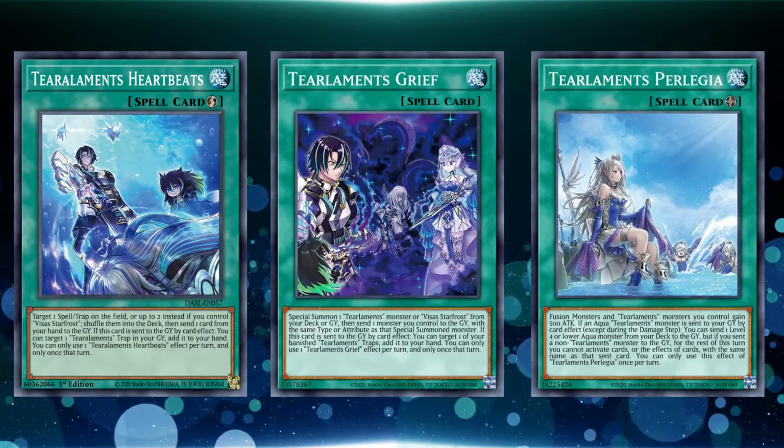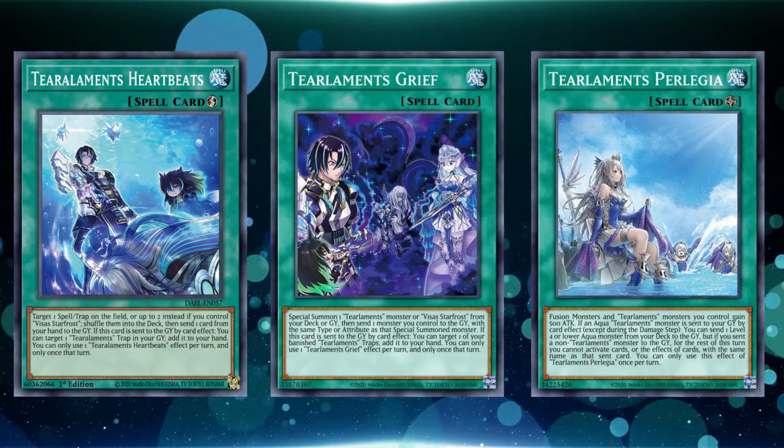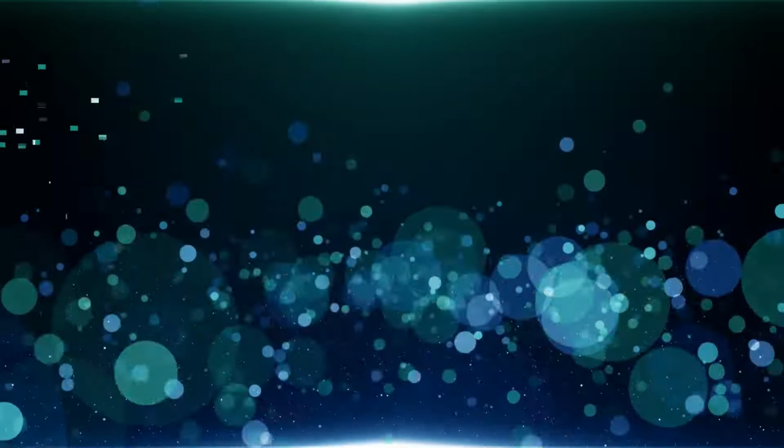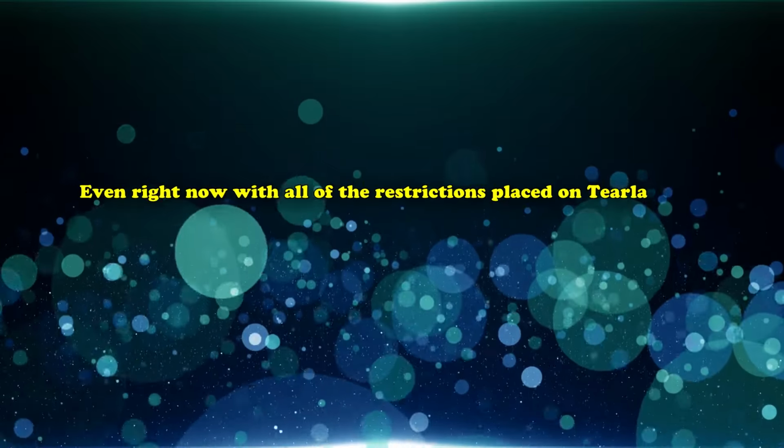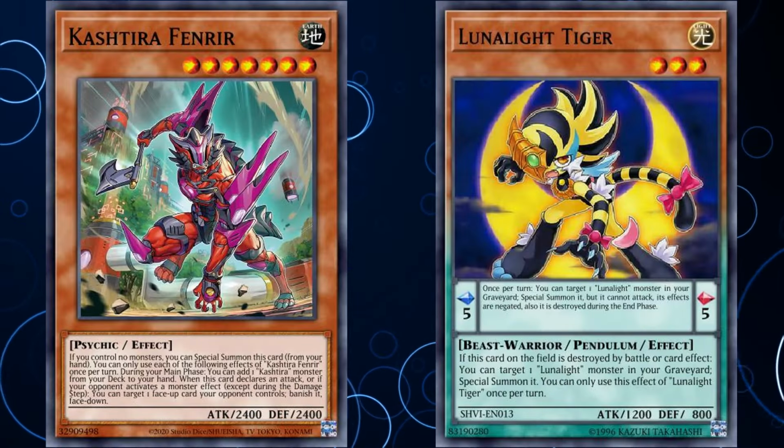The issue with these cards was never that they were bad, it was just that Tearlaments had so many insane cards they could play that it could never find room for cards that were just good or okay. And even right now, with all the restrictions placed on Tearlaments, the deck is still rogue relevant in the OCG and TCG with different builds being made viable with the help of Kashtira and Lunalight engines, alongside its legal fusion